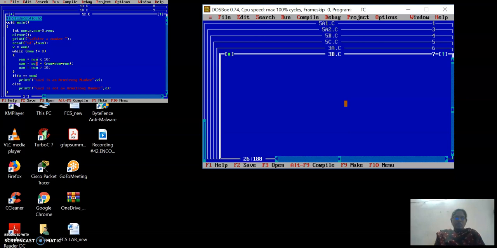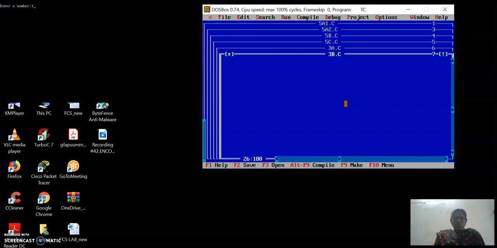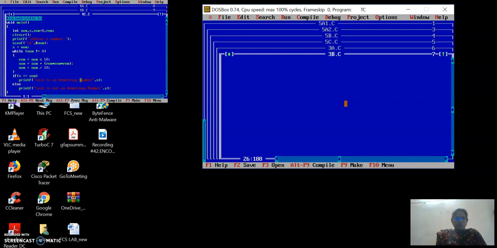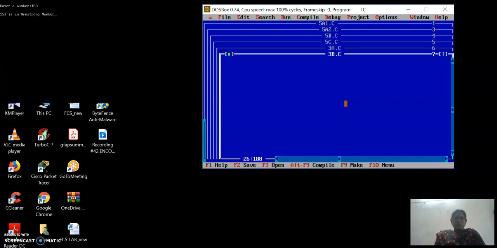In the same manner, what we have added is the remainder. Now we are going to calculate the cube of that remainder. So what I am doing is multiplying that remainder thrice and then adding to the sum. See here, 153. That is an Armstrong number.